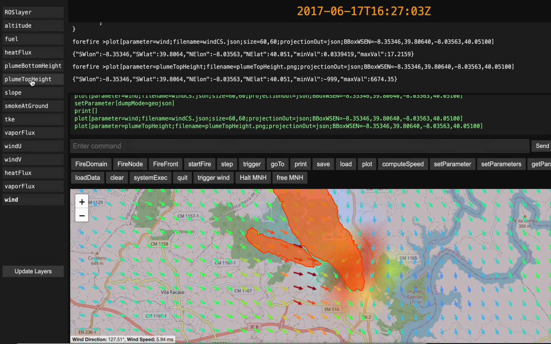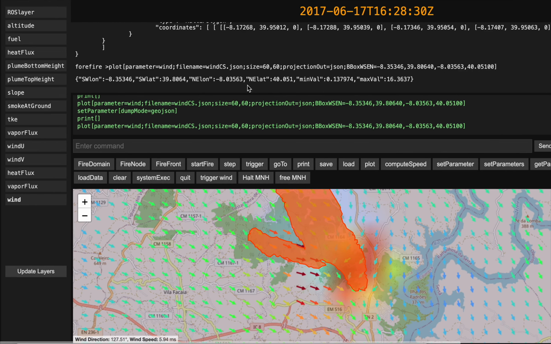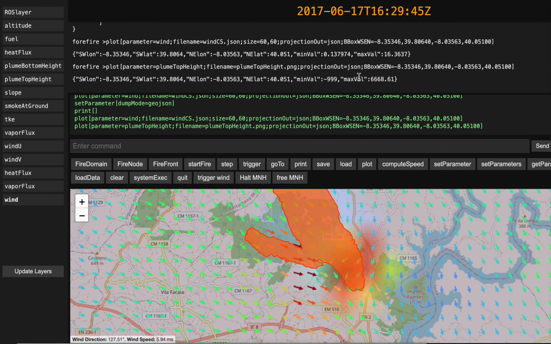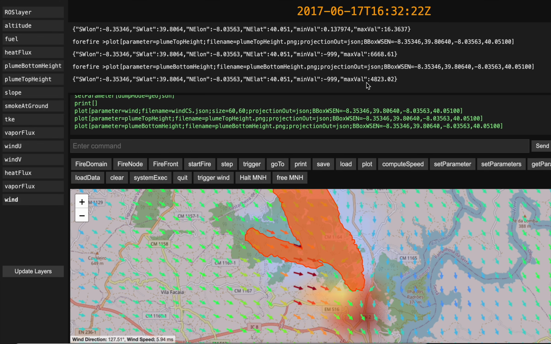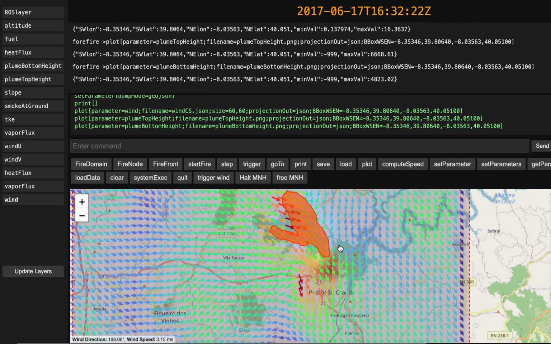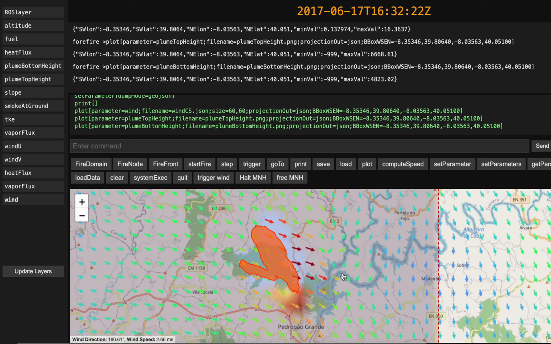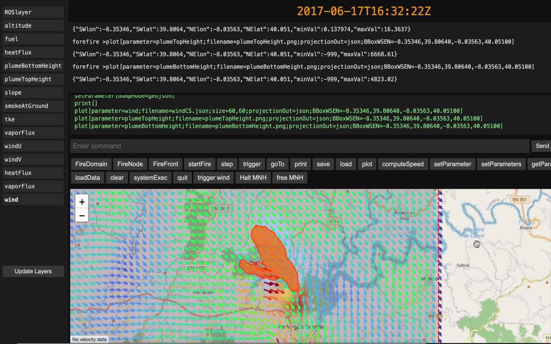You also have the plume top height. So if I stop live, when I launch the plume top height layer, I think the max altitude is 6 kilometers. The plume bottom height, the maximum value is 4 kilometers. That's the place where the bottom of the plume is the highest, and this is the raster of the plume bottom height. Hopefully, to run that fast on my computer, the resolution is actually 800 meters,